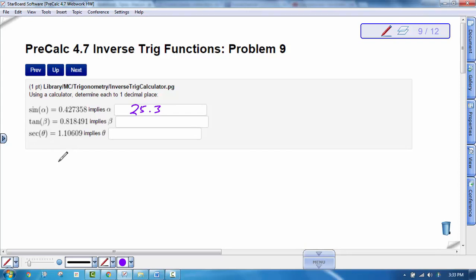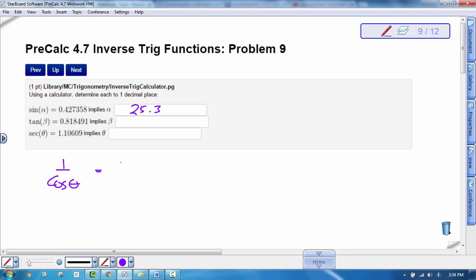Because secant is really 1 over cosine. So you really have 1 over cosine, and I'm going to do inverse secant of this 1.10609, which is really... actually, better yet, what we can do is, from the original equation, we can make it 1 over cosine of